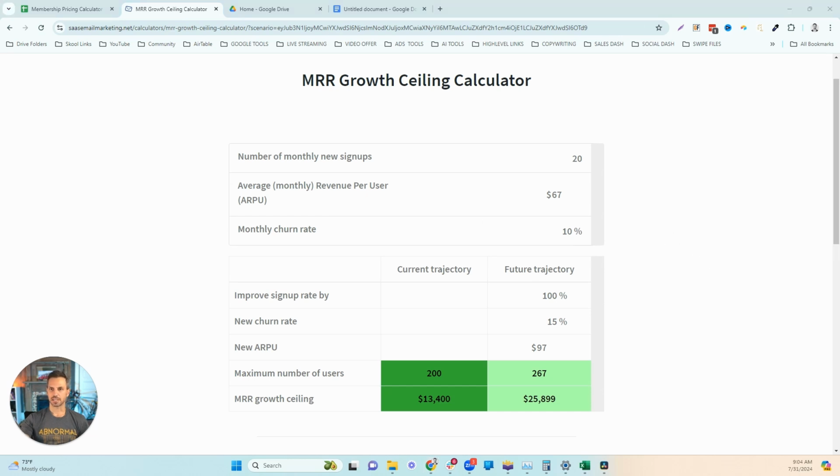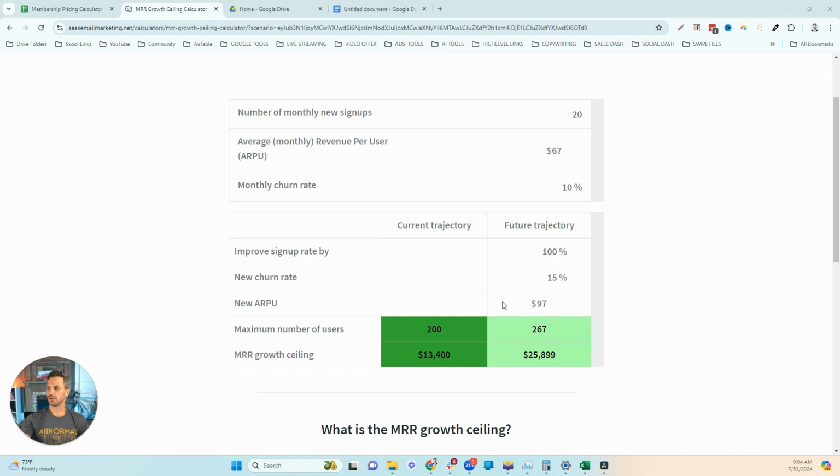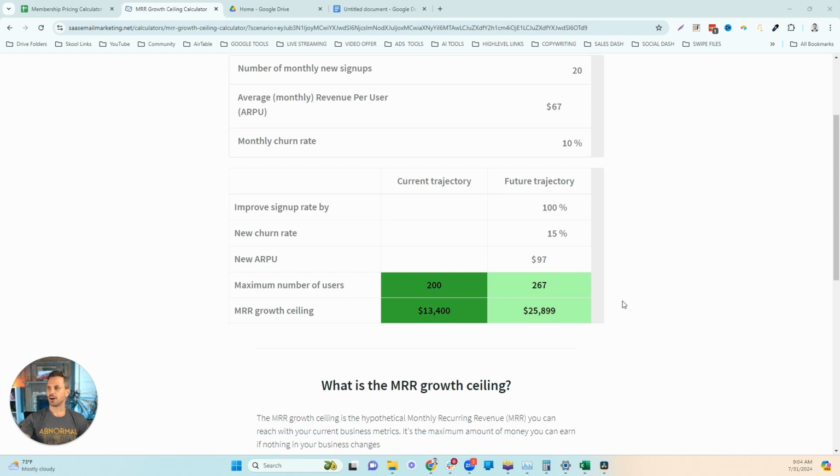Now I want to actually take a look at what this is going to look like in the future. So let's just say that I could get more people coming in and I could raise this to 40 new members per month. So that's going to be 100% improvement. And then I'm going to say my churn rate is actually going to go up because once I raise my price, it's probably going to churn a little bit more. So I'm going to set that at 15%. And then our new pricing, once we get 50 founding members, is going to be $97. So now my maximum number of members is going to be 267, and my MRR growth ceiling, my revenue growth ceiling, is going to be